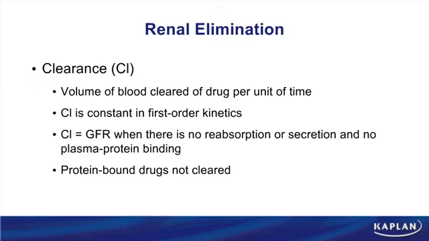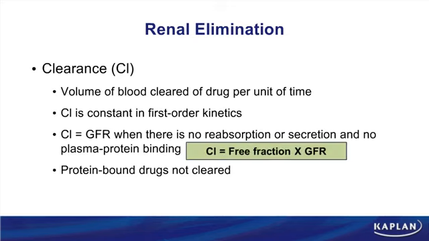Clearance is constant in first-order kinetics. In fact, clearance is equal to GFR when you don't have reabsorption or secretion, as well as no plasma protein binding. It doesn't really sound realistic, though, because many drugs are bound to plasma proteins. So I have to think about clearance being a function of the free fraction of the drug. In fact, it's the free fraction multiplied times the GFR that will estimate the clearance of the